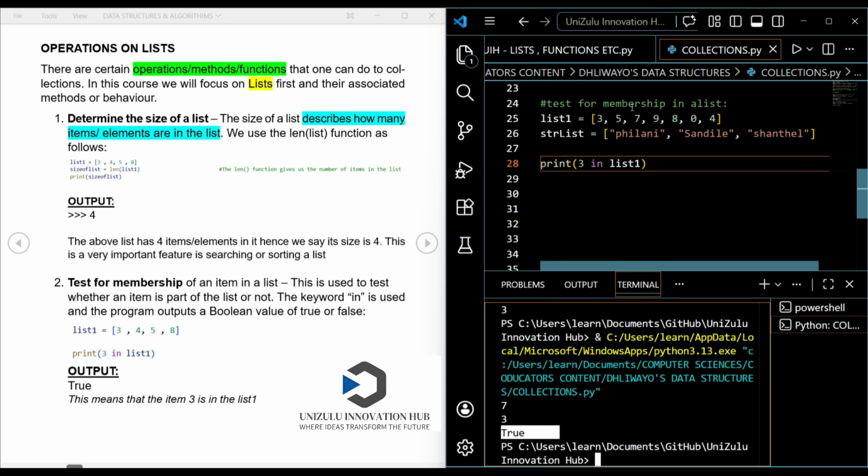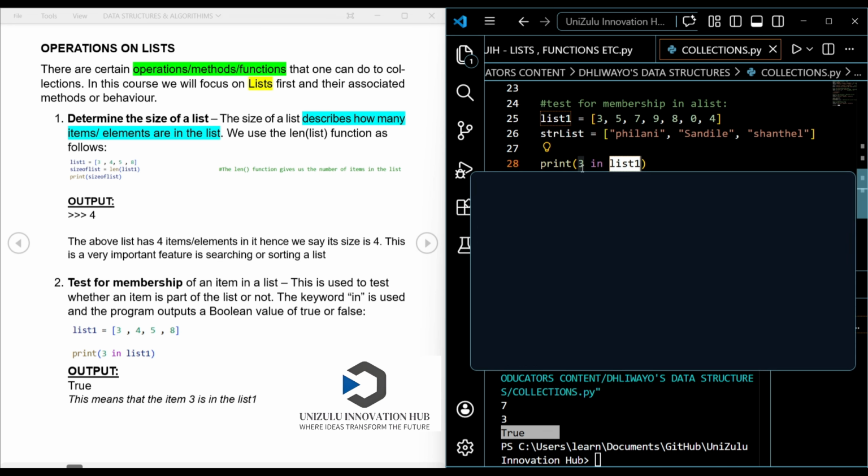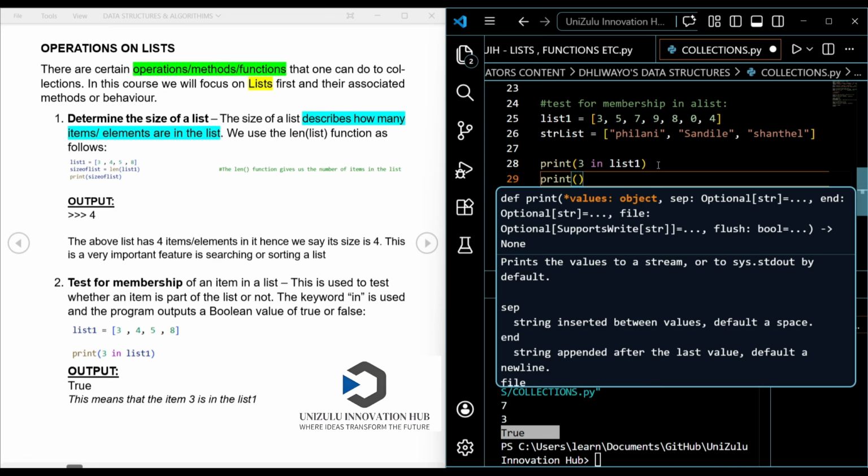So basically when you're testing for membership in a list, it gives an output of a Boolean value of either true or false. If it is true, it means that this item 3 is indeed found in list 1. But if it is a false Boolean expression, let me just say print 11 in list 1.